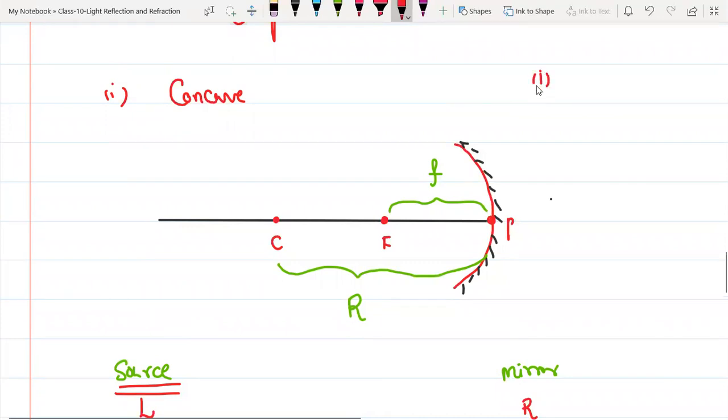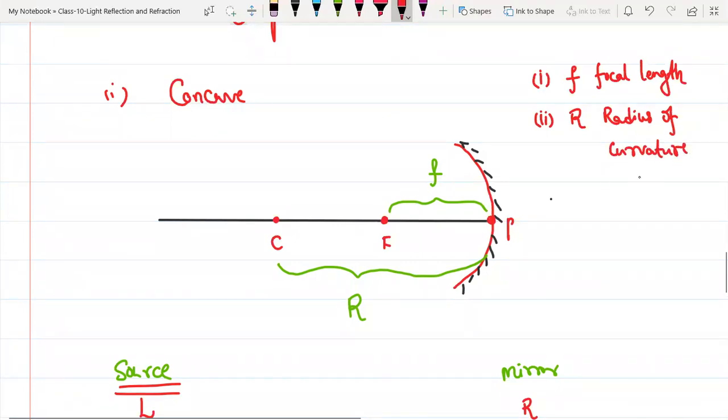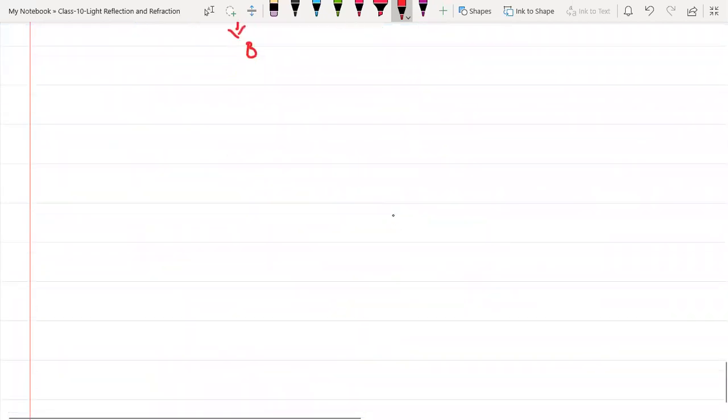you have to understand first about small f. Small f stands for focal length. Second thing you have to learn about is R. R stands for radius of curvature. So mainly concentrate on these two, it's more than enough. F stands for focal length, R stands for radius of curvature. Still we need to discuss two things, U and V. I'll tell you. Okay, first let us take a concave mirror.